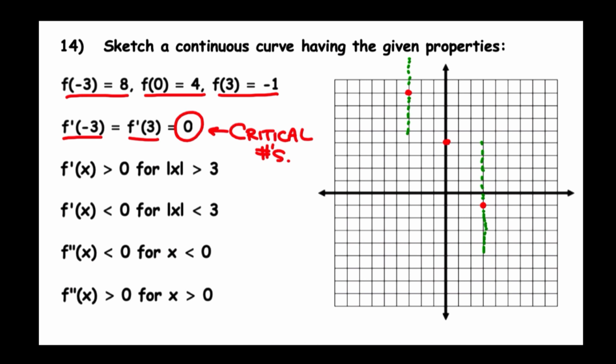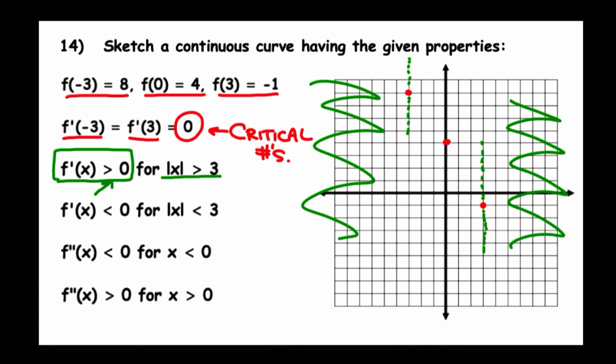It says that the first derivative is positive. In other words, the graph rises if the absolute value of x is greater than 3. That means that if you are out towards the edges, if you're out here and you're out here at like 4, 5, 6, 7, or -4, -5, -6, you're going to rise. And that would make sense if this was a min and I was rising. And I was rising to get to this max. I would be rising out,